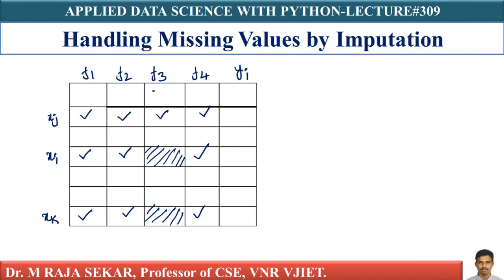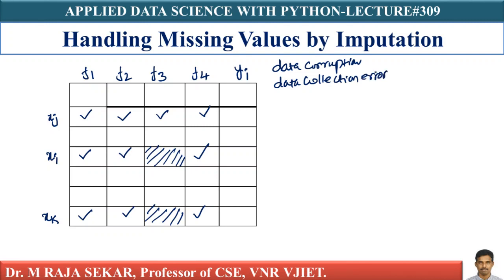Missing values can occur because of multiple reasons. There could be data corruption. Data could have been corrupted, or somebody who is collecting the data might have missed the data. So it is called a data collection error. We cannot say, there may be a data collection error.